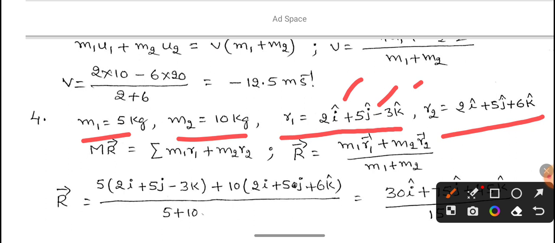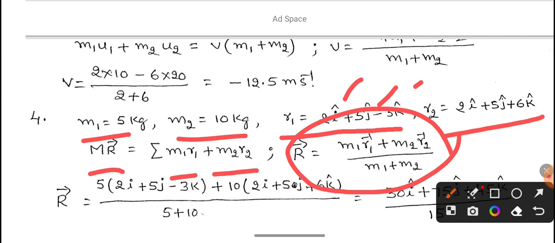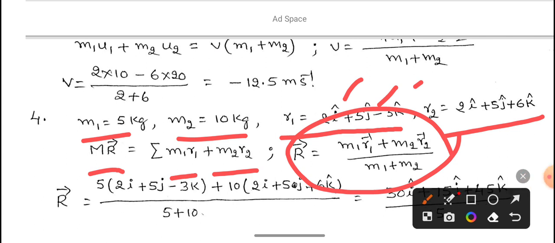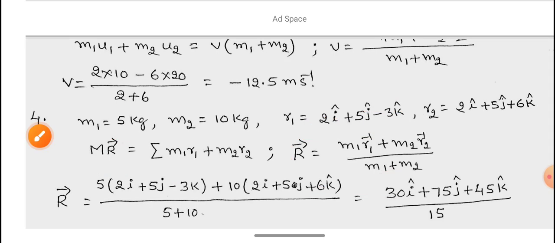We know the position vector formula for the center of mass: R equals sigma m_i r_i, that is m1 r1 plus m2 r2. Here there are only two body particles, that's why we take r1 and r2, and m1 and m2. That's why the formula is R equals (m1 r1 plus m2 r2) divided by (m1 plus m2). Put these values in, then you get 5 into